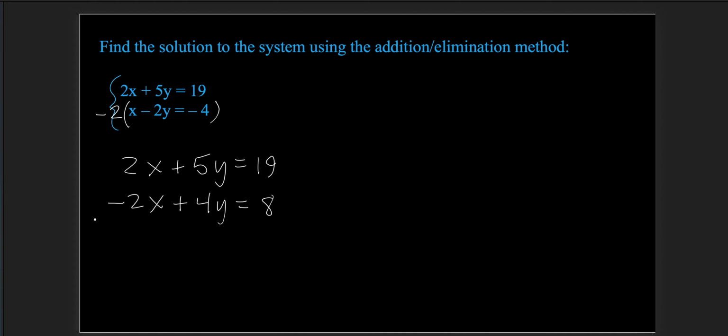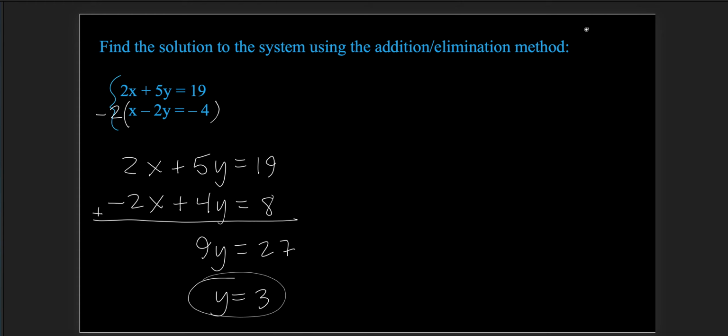Now the reason I did that is because now when I add them, look at what happens to the x's. Those are 0. So that's why I picked a -2. And we have to make it happen, and as long as I multiply every term by that number, then I can do that. So this will be 9y equals 27. So I have a little equation I can solve for y now. So y equals 3. So that gives me part of my answer,